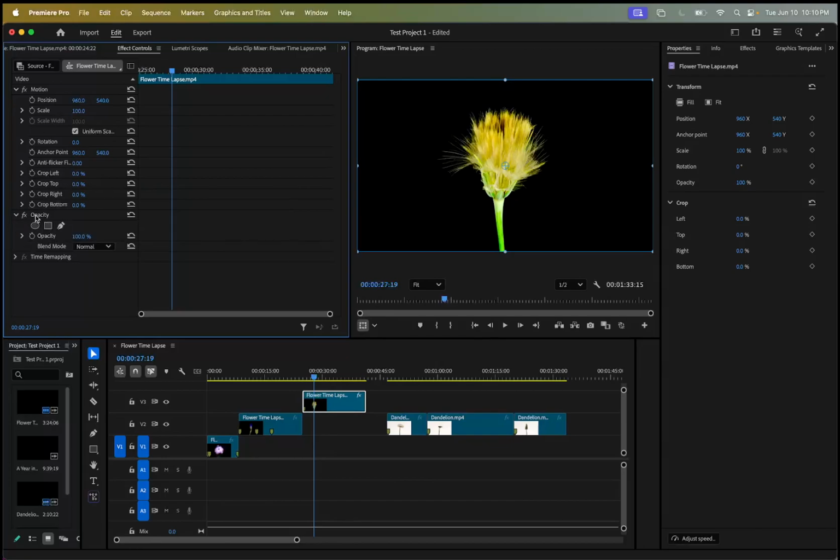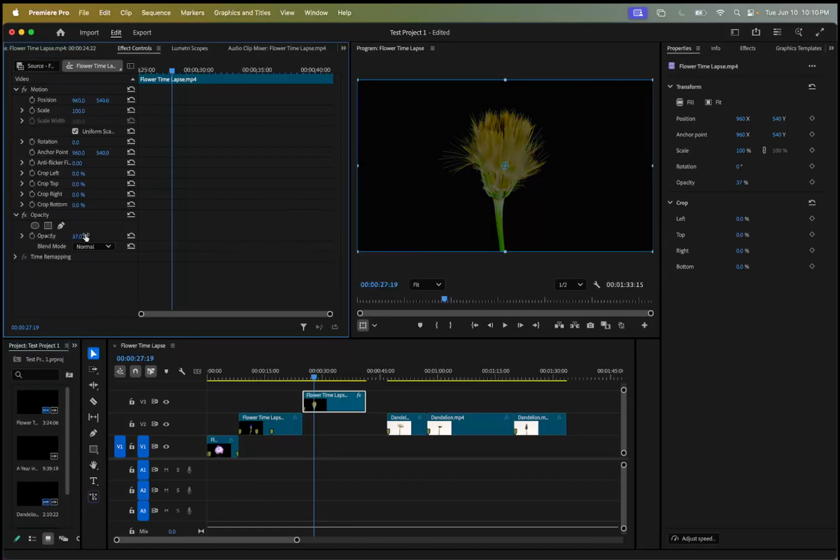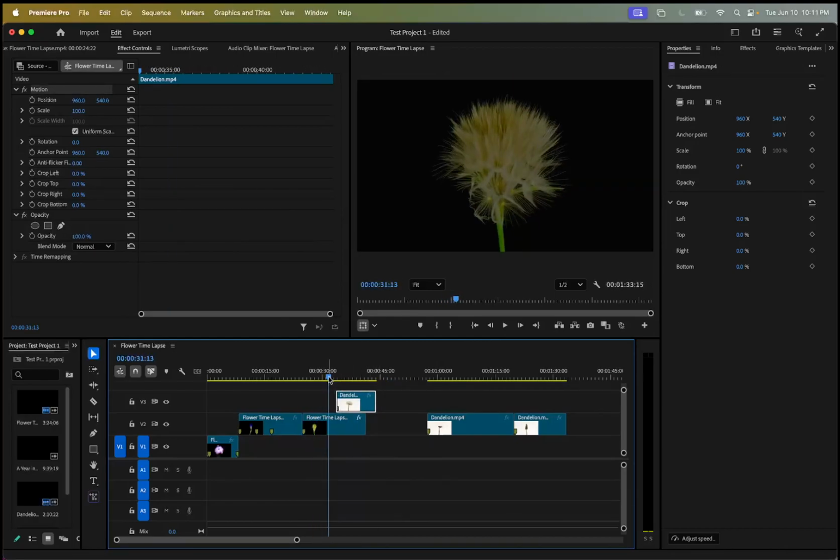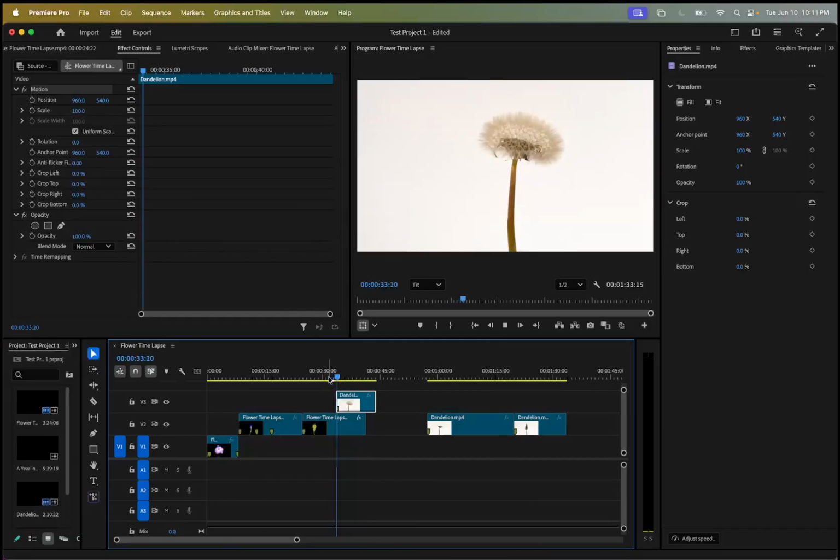Over here, down one more menu, you have opacity. This is quite simple. Opacity is how opaque something is, so how see-through or not. If something is at 100% opacity, it is going to be fully visible. As I decrease this number, my video itself will become more and more transparent. So that also means if I were to take this and reduce the opacity, I could then lay another video. We'll reorder this a little bit. Bring this down on a layer and bring this up top. And now as I play through this video,